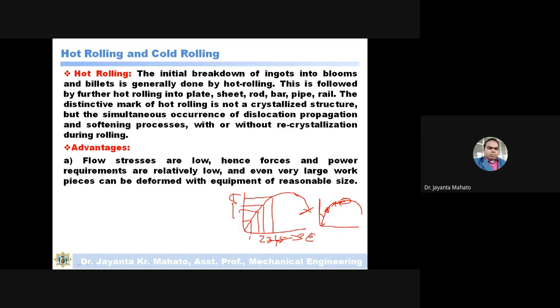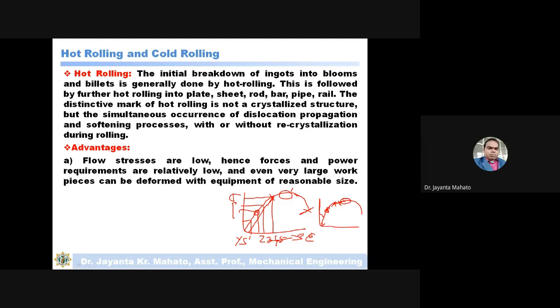In the tensile stress strain curve there are two stresses that we mainly calculate. One is yield stress, that is the 0.2% offset stress, YS, and the other is ultimate tensile stress.